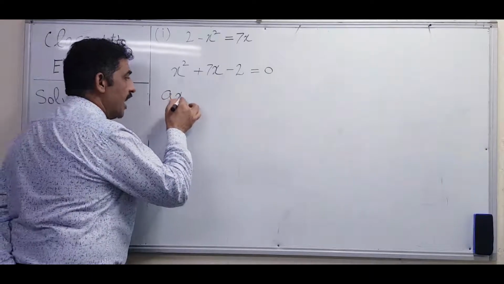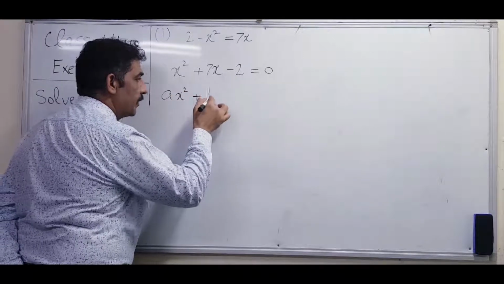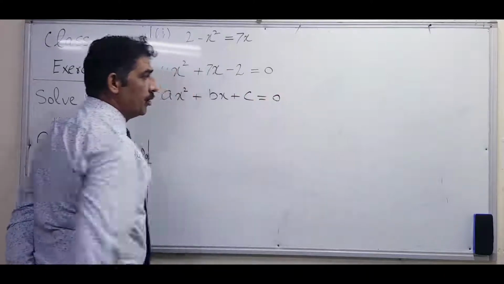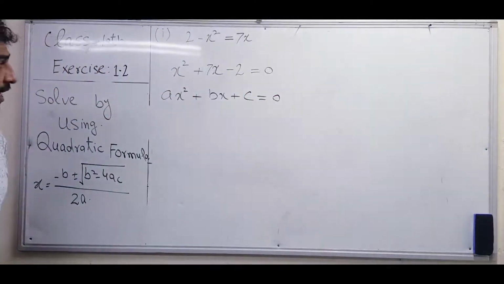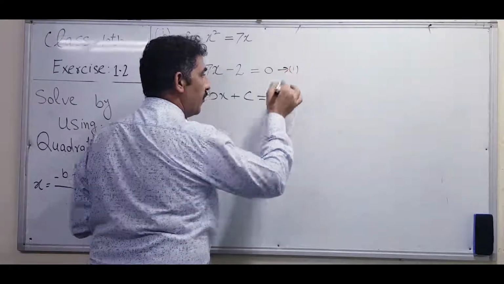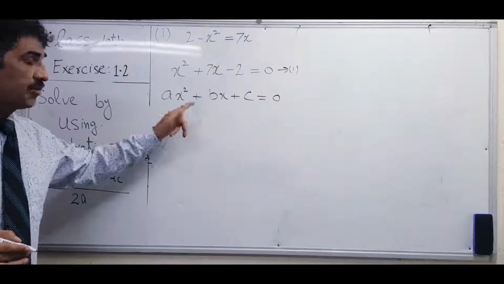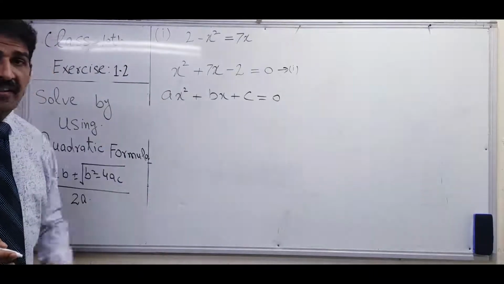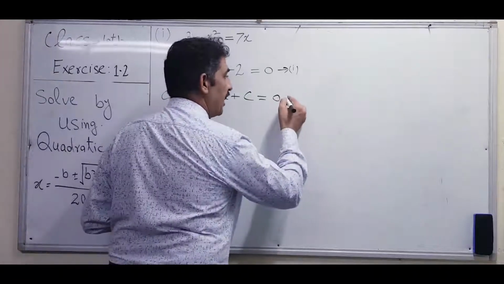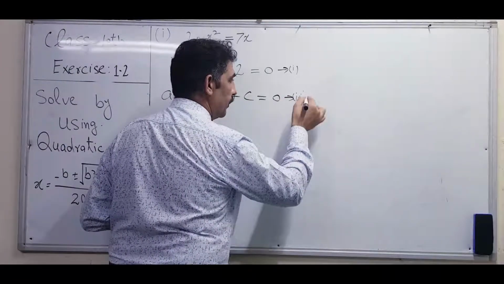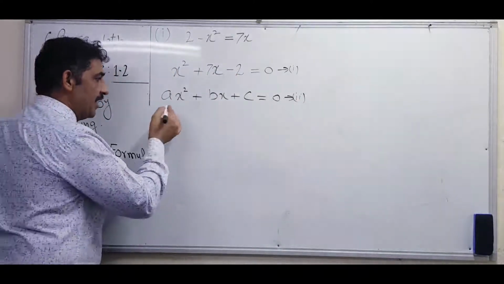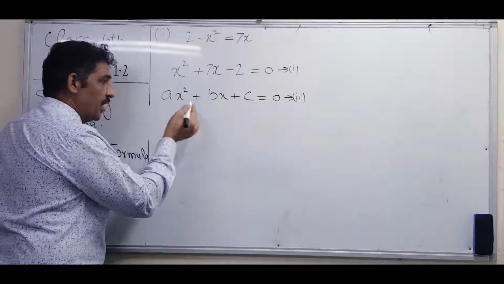Okay, after that write the standard form of the quadratic equation. What is that? ax square plus bx plus c equal to 0. By comparing equation number 1 and the standard form of quadratic equation, find out the value of a, b and c. Here we will name it equation 2. By comparing equation 1 and 2, if we write all the steps it will be easy for us, we will get full marks and it will be easy to understand.